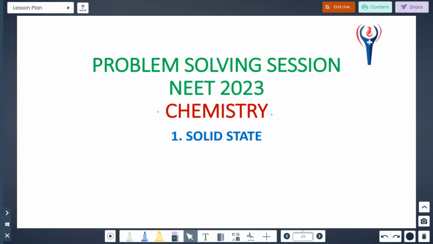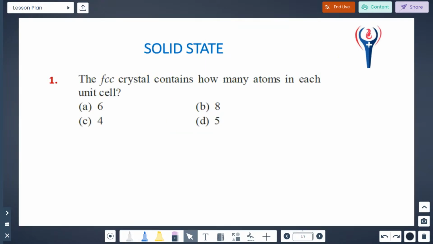Today I am going to solve 7 problems in the solid state lesson. Now let us see the first question in the chapter. See the first one. The FCC crystal contains how many atoms in each unit cell? That's the question. So FCC means